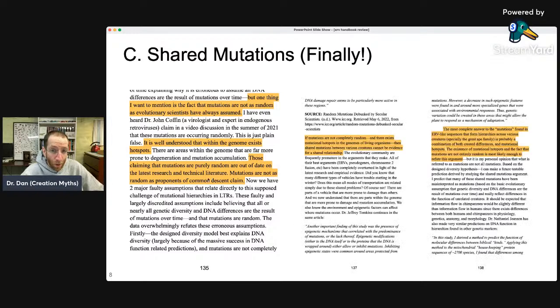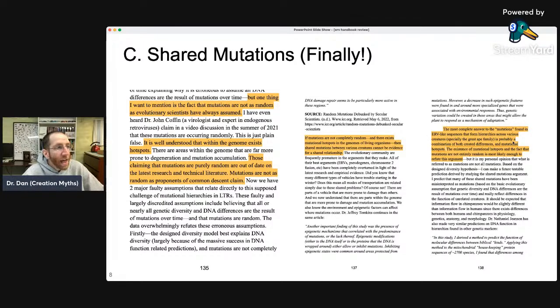I'm going to show you more pages, okay? Because this continues for a few pages, but here we go. Page 137. If mutations are not completely random and there exist mutational hotspots in the genome of living organisms, then shared mutations between various creatures cannot be evidence for a shared relationship. That is wrong. The most complete answer to the mutations found in ERV-like sequences that form hierarchies across various creatures,